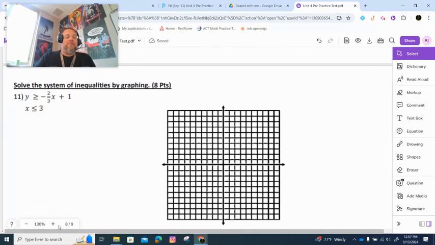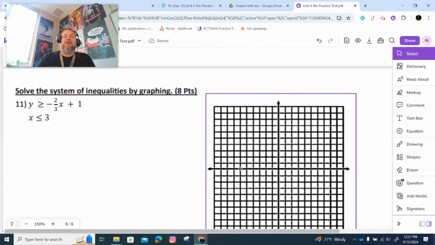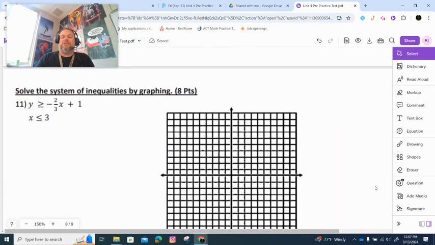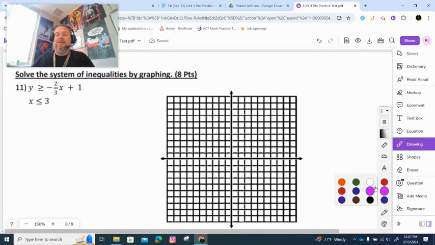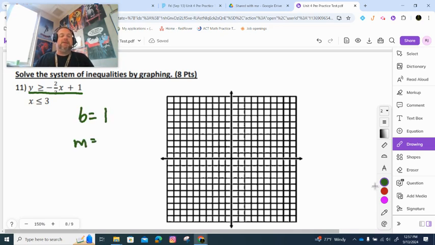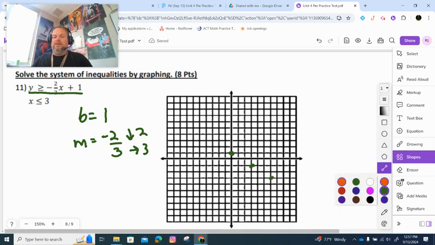So I don't know how many people actually made it to this one. I'm guessing not a lot. And if you did make it to this one, you actually knew exactly what was happening because you may have listened from last time. Okay. So on the top, my B is 1. My M is -2/3. That means down 2 to the right 3. So 1, 1, 2, 1, 2, 3. All right. So when I connect the dots,